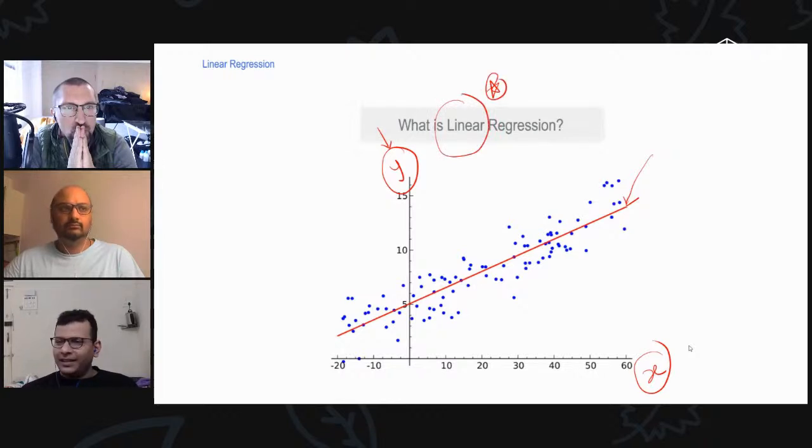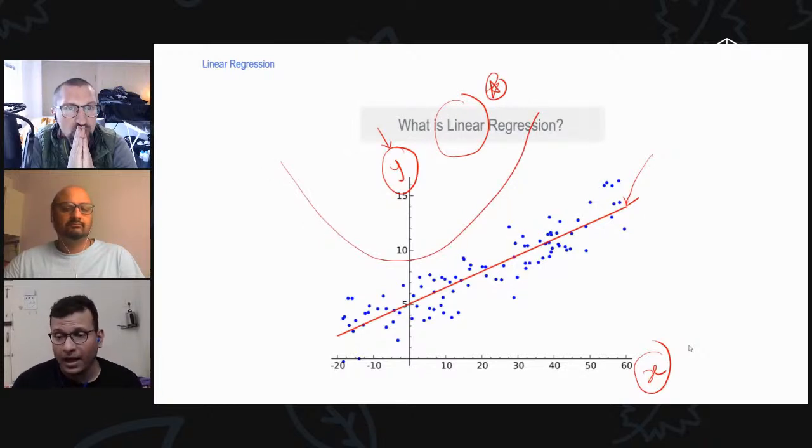Now the word which gives it away is the word linear. When we say linear, we know that it's linear regression. Had there been parabolic regression, the curve would have been a parabola, and if the data is like a parabola, we would have been able to predict the value of Y with pretty good accuracy. So this is the linear regression algorithm.